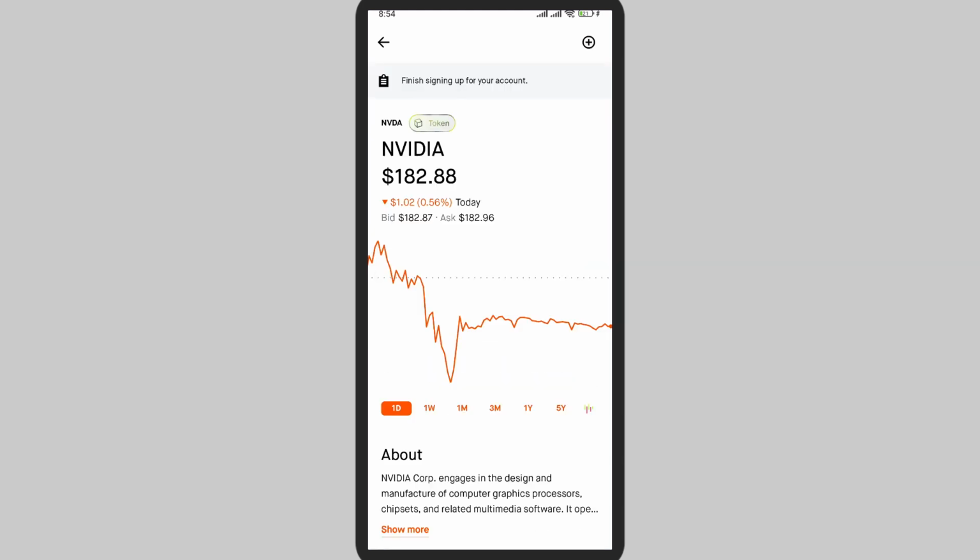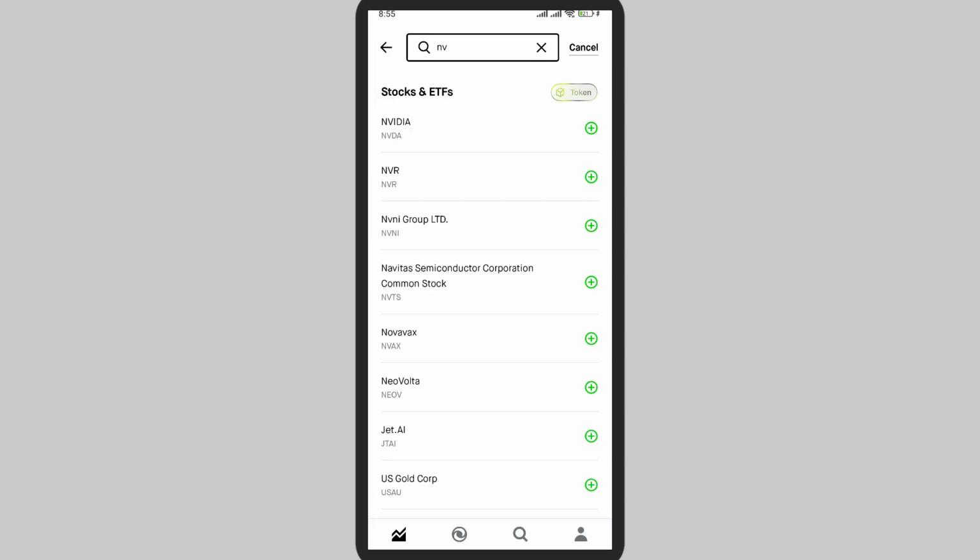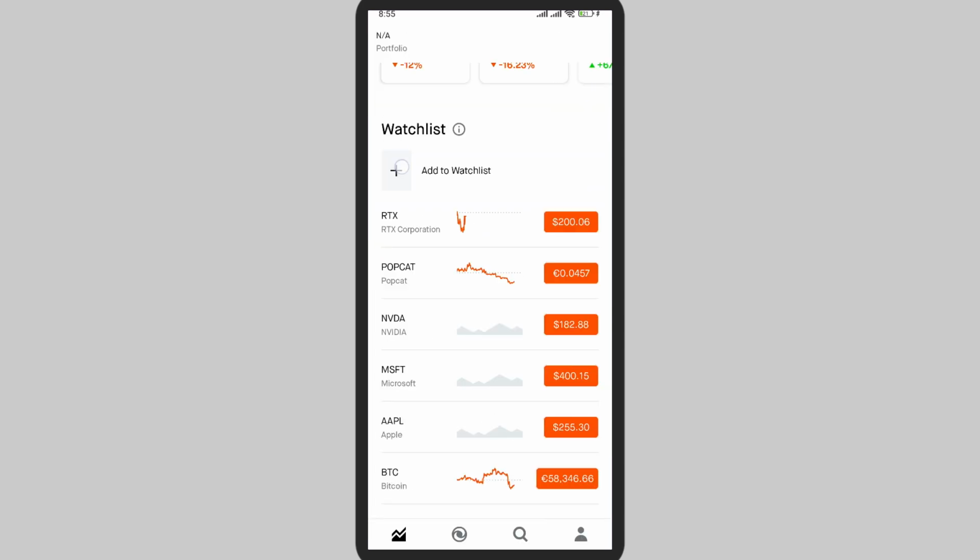On the right top you can see this plus icon. Simply tap on this plus icon and it has been added. So the stock has been added. Now you can simply go back and